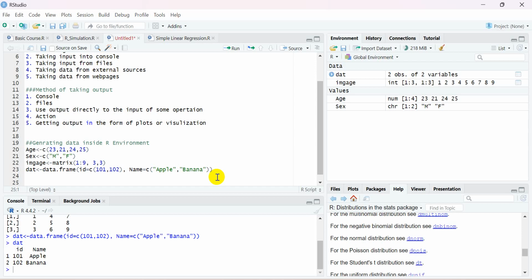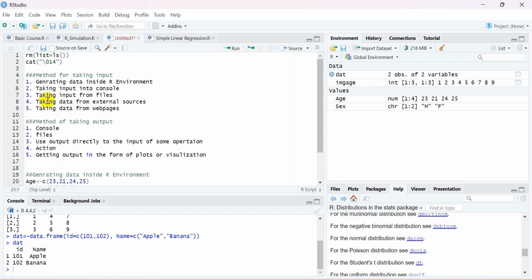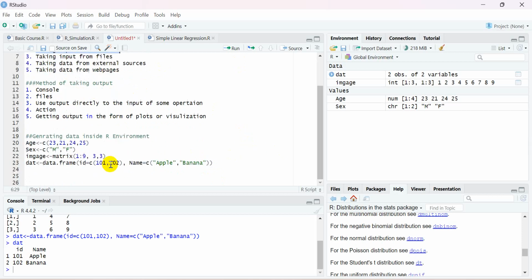Okay, so what are the different other methods there are? Another method is taking input using some commands, taking input into the console, or maybe I will perform here the